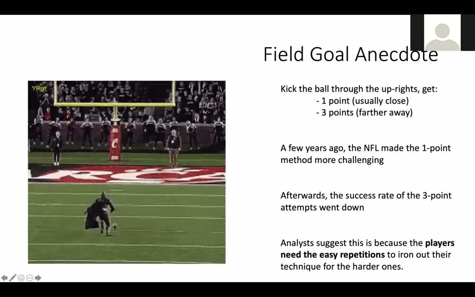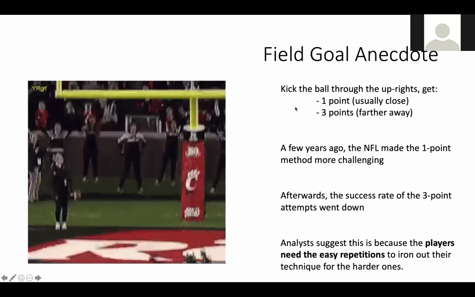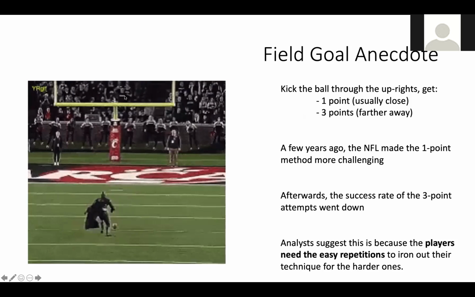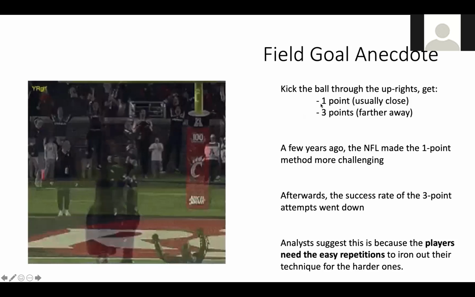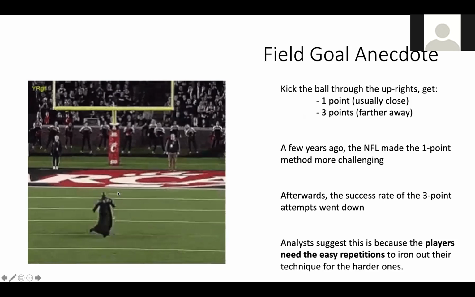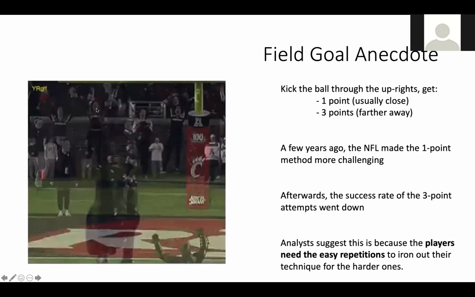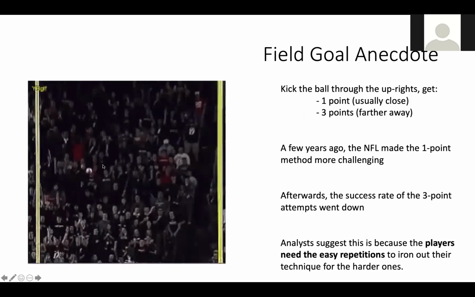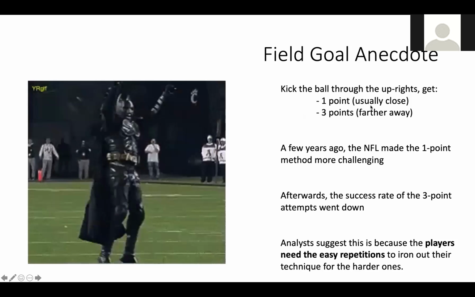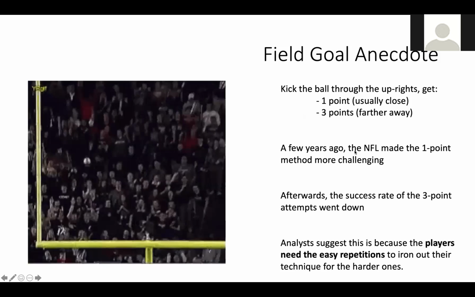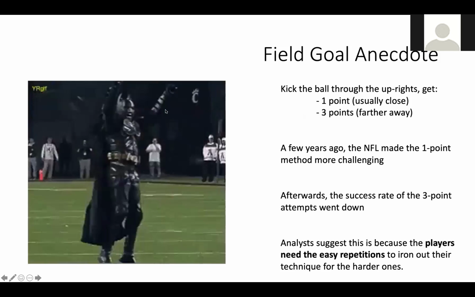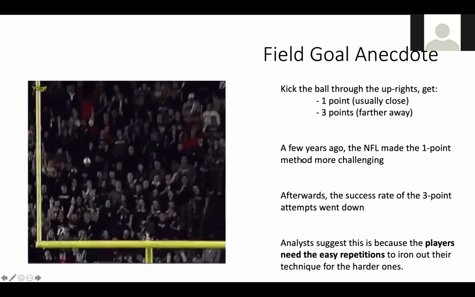This is Batman kicking a field goal in American football. For those who aren't familiar, just in American football, if you have your ball and you kick it through these uprights, you can get points for the game. There are two variants. There's a 1-point field goal where you're very close generally to the uprights. And then there's a 3-pointer, which is farther away in general. They occur at different points in the game, so I'm speaking generally. But a few years ago, the Football League made the 1-point attempt more challenging by moving it farther away from the uprights. And an interesting effect